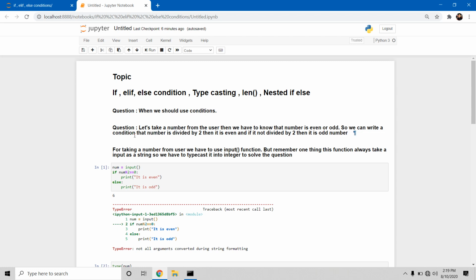Now according to the first question, let's take a number from the user. For taking the number from a user we use the input function, and we have to check whether the number we have given is even or odd. If it is divisible by 2 it is even, and if it is not divisible by 2 it is odd. For that I write it here: if number,